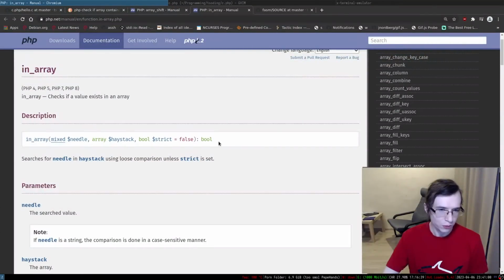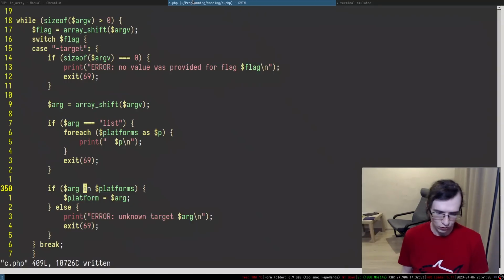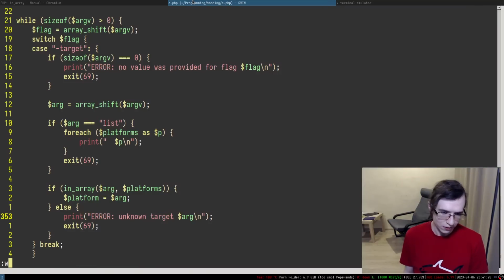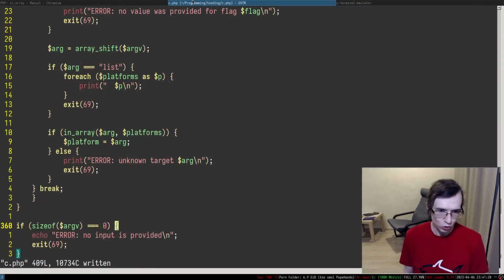Needle, so I just have to provide needle and haystack. So if in_array, it doesn't autocomplete, but I can just provide this thing like this. Right, if it is within the array, we just set this entire thing, otherwise we say that this is an unknown target, and that should be it.